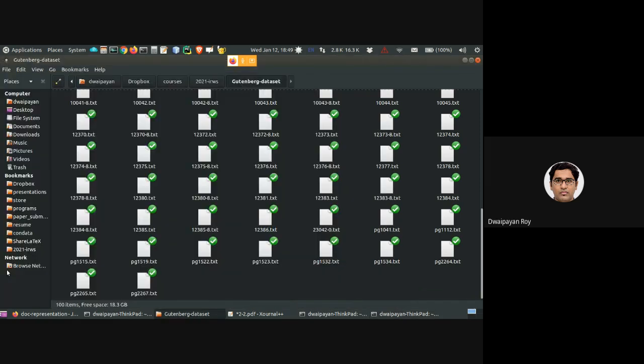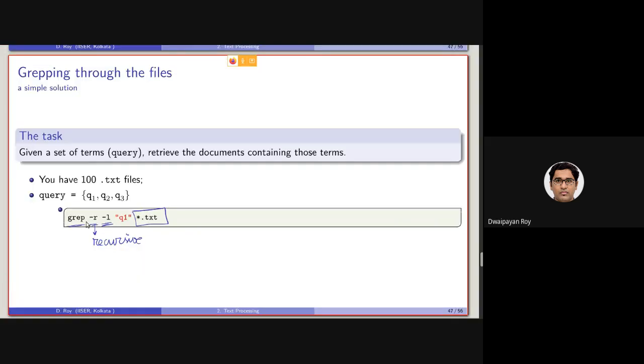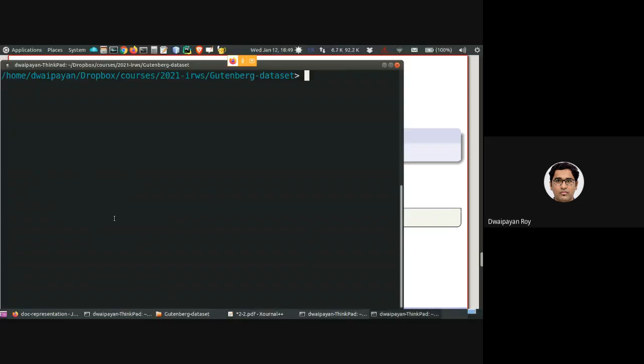Okay, now what I need to do is I want to check the occurrence of, say, the term mercy. So what we need to do is perform this grep -R, then in quotes the term mercy, and then star.txt.